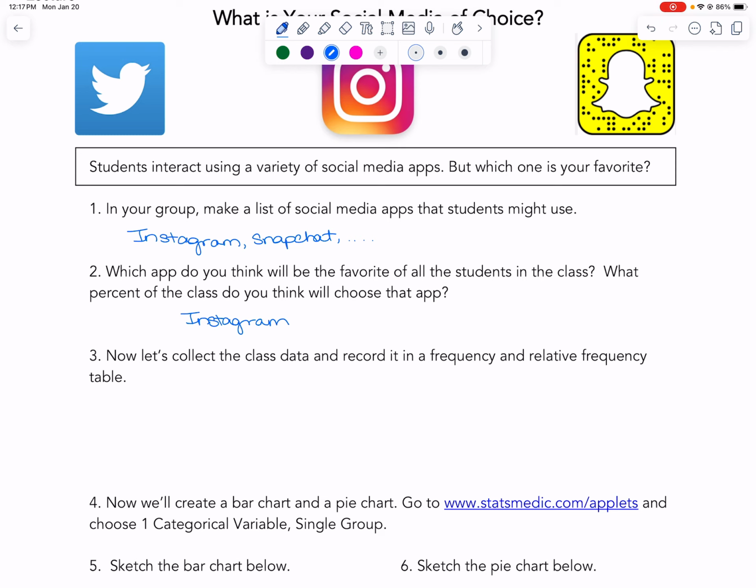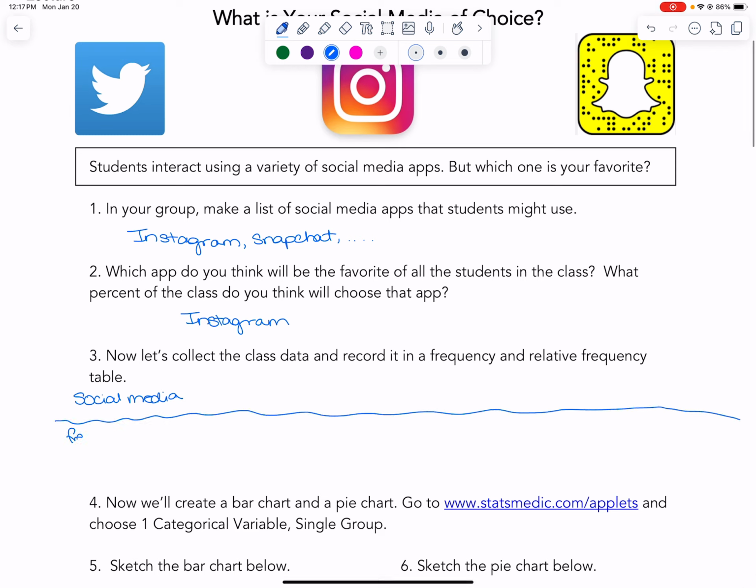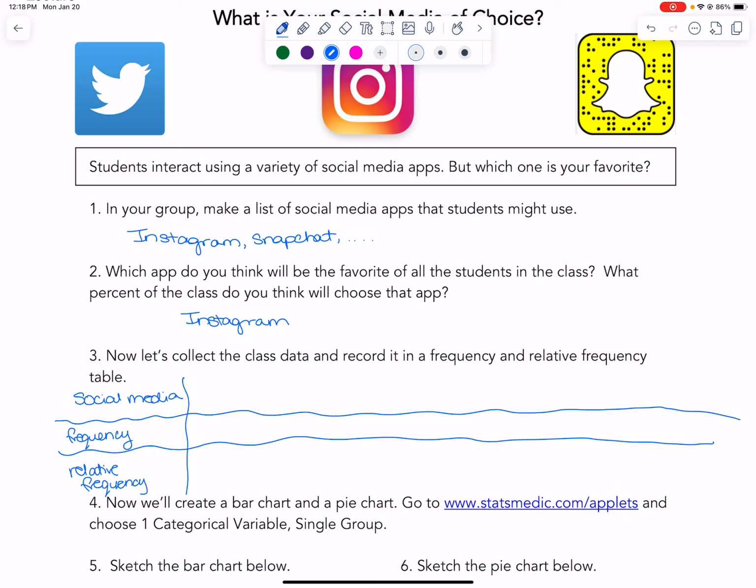And now we're going to collect data. So we would collect data for the entire class. This is what I did: I wrote this up on the board. So we had the social media, and then we had frequency, and then we had a relative frequency. And all I had every group do was send a member up to the front of the board to write down the social media and put little tally marks to represent how many people in their group actually use it. So we started off with TikTok